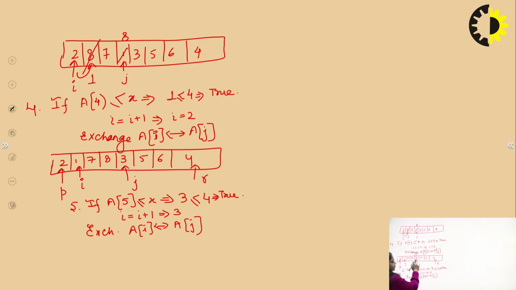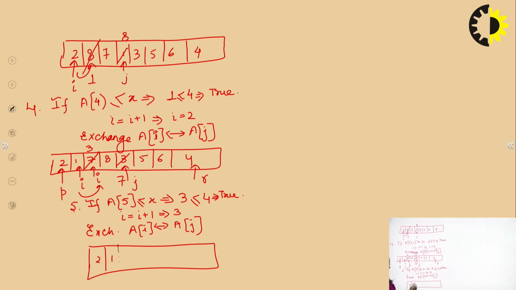The location of j is 5 and the location of I is 3, so 7 is being swapped with 3, right? And finally we are getting an array as 2, 1, 3, 8, 7, 5, 6 and 4. j comes on 5, right?